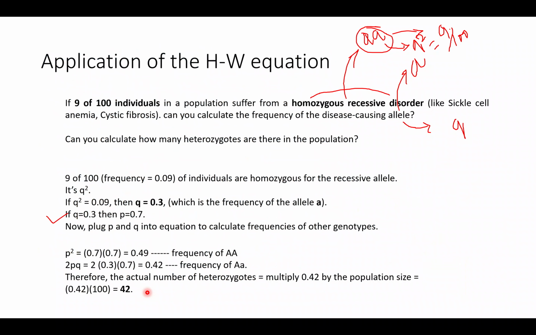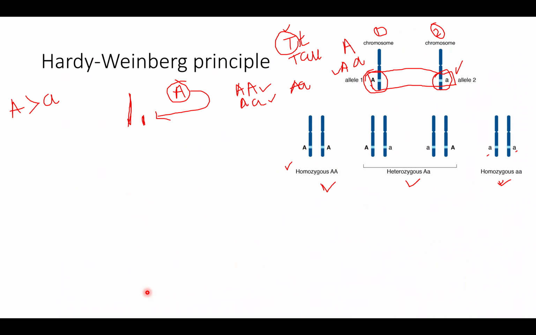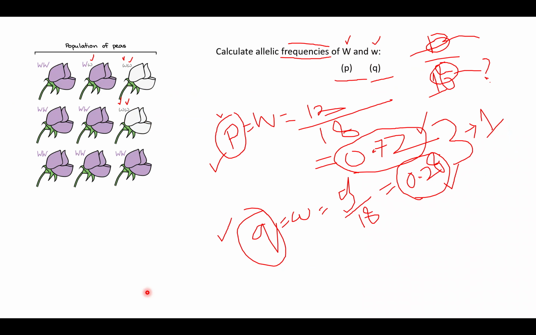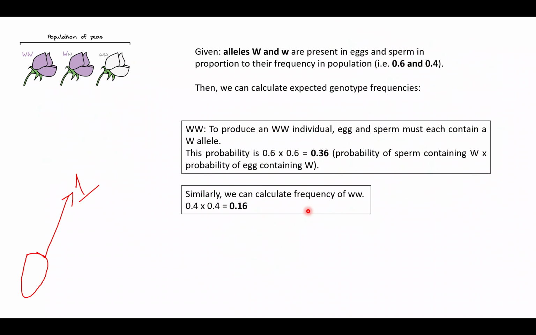I suggest you download this PPT. Take a piece of paper and start writing from here. Understand by yourself what is allele, what is homozygous, what is heterozygous, what is frequency. Once you understand this, then calculate the frequency yourself. Once you calculate the frequency of the dominant allele, call it P. Once you calculate the allele frequency of the recessive allele, call it small q. Then you go to this page, where allele frequencies are already given.